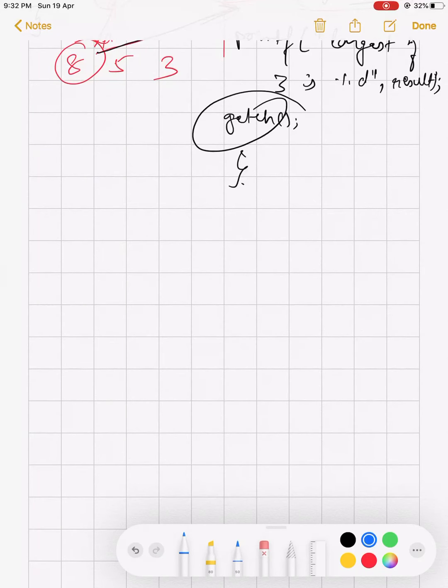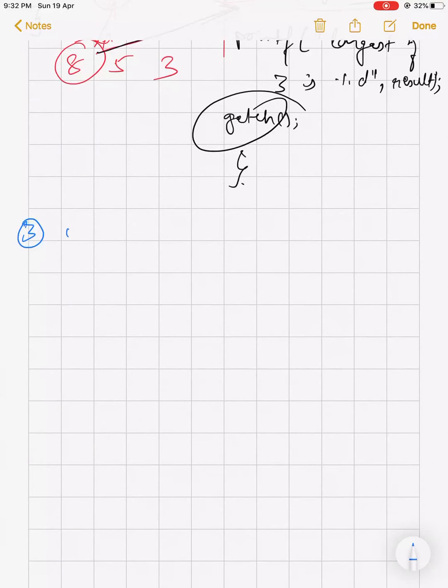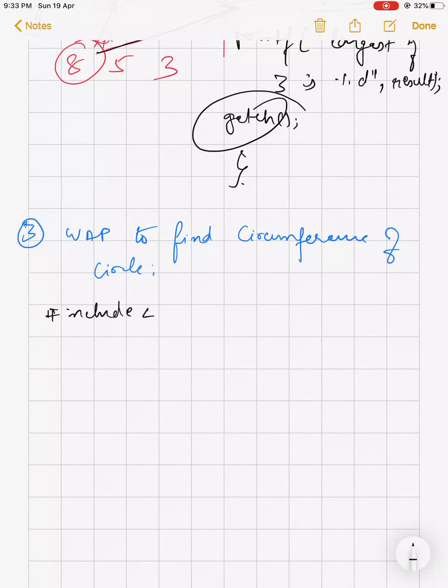Now coming to program 3. Write a program to find the circumference of a circle. The easiest program of all. Okay, what is the formula for circumference? 2 pi r. Clear? So write down include stdio.h, define pi as 3.14, then define